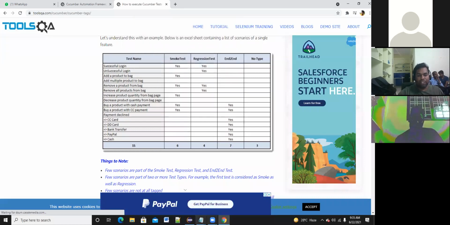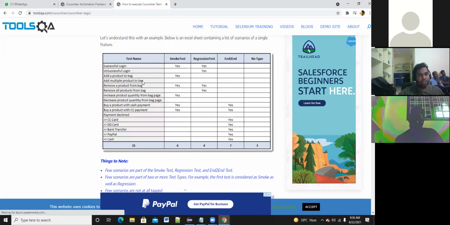Each feature file might belong to some group. One feature file belongs to the smoke test group, one feature file might belong to some regression test group, and one belongs to the end-to-end test group. Like that, every test case belongs to some group.